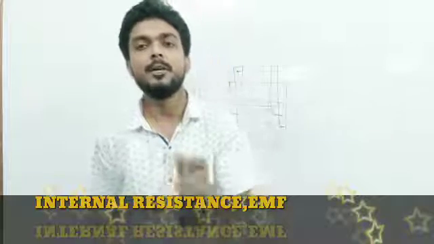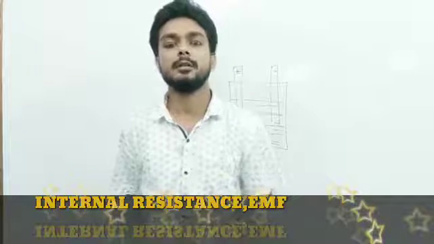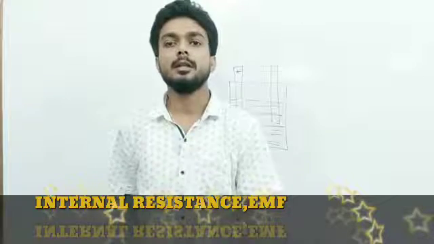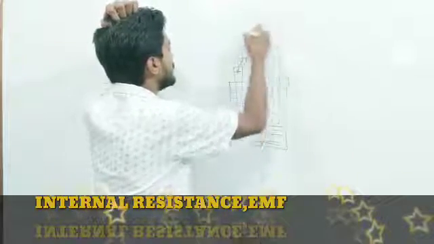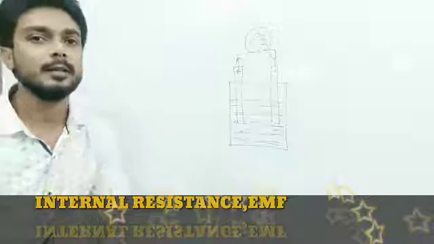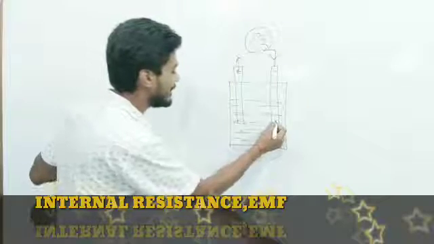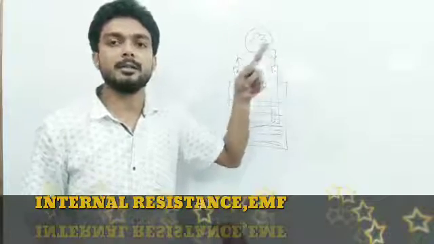Students, we all know very well that resistance is the obstruction in the flow of charge. Whenever there is a flow of charge, there will exist a resistance. In the same way, when we draw current from a cell or battery, suppose we are drawing current from this cell using a bulb, then what happens? The direction of flow of current is from positive to negative terminal outside, and inside the cell the current flows from negative to positive terminal. Then students, there is a flow of current outside and as well as inside.